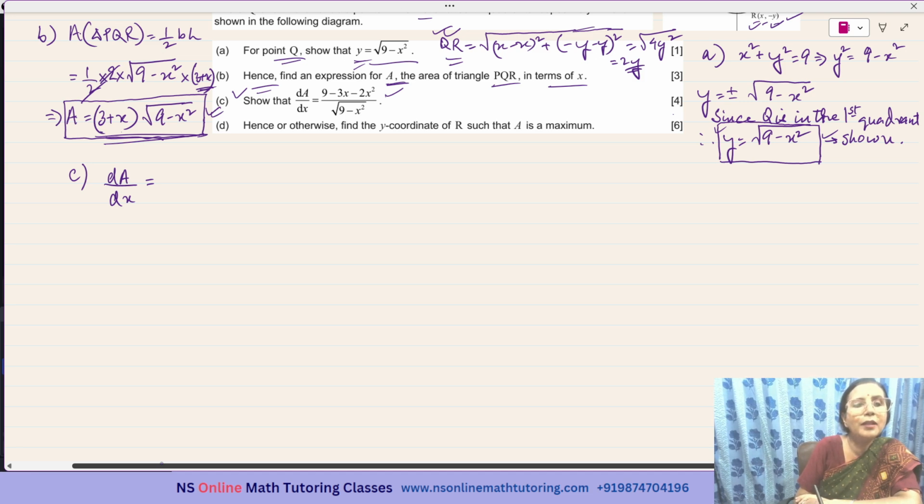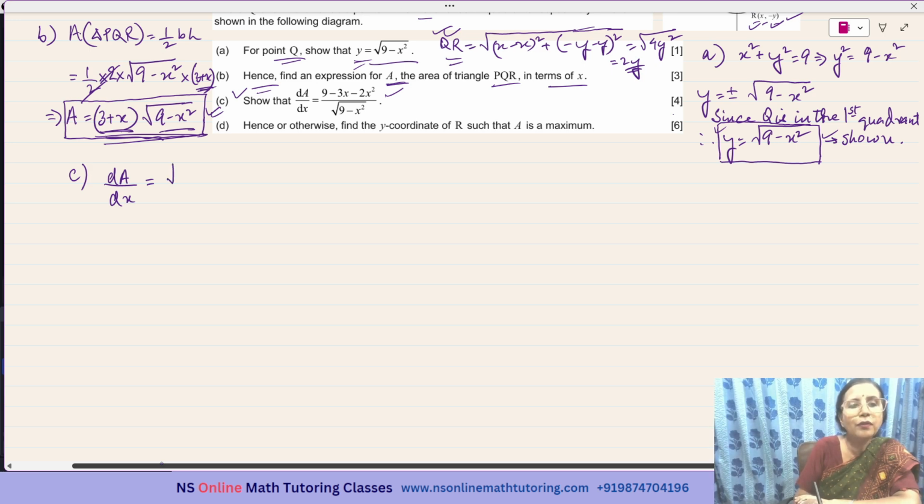First of all, we will be differentiating 3 plus x and we will be keeping this part as it is. 3 plus x. 3 is a constant, so its derivative will be equal to 0. And x, what is the derivative of x with respect to x? It is 1. So 3 plus x when differentiated with respect to x will be giving us just as 1